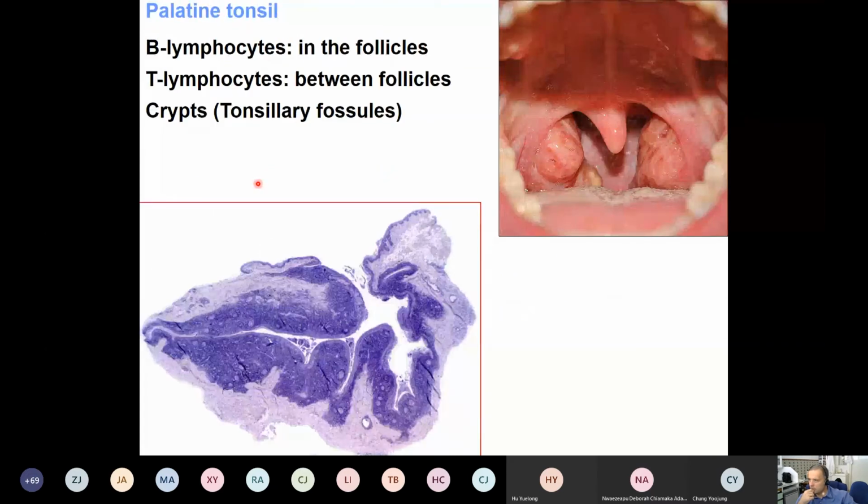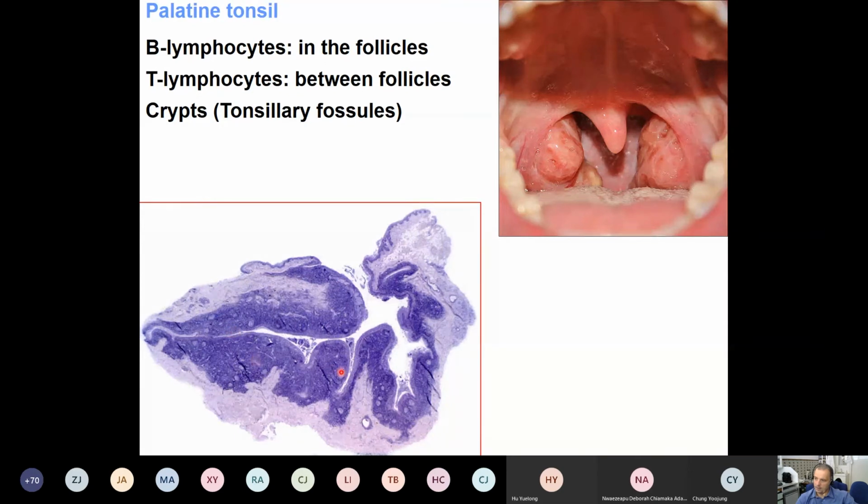And let's have a look at their histology again with some pictures. I think everyone knows where the palatine tonsil is. Here it is. It's quite big in this case, enlarged a bit, but it helps for us now. You can see on the surface these little openings. They correspond to the natural openings of the crypts, the tonsillary fossils, which are epithelial invaginations which go far from the surface. And under this epithelium, this basophilic color represents the lymphatic tissue, which is made up by lymphatic follicles